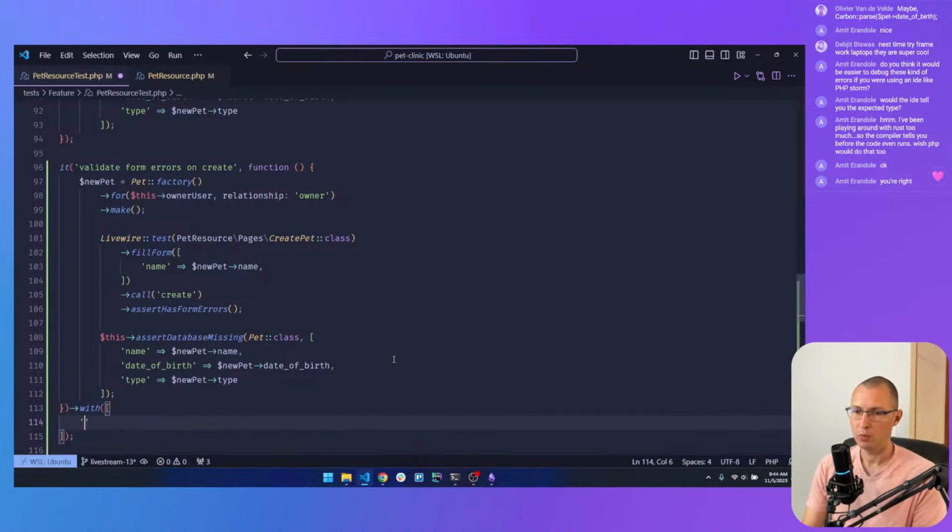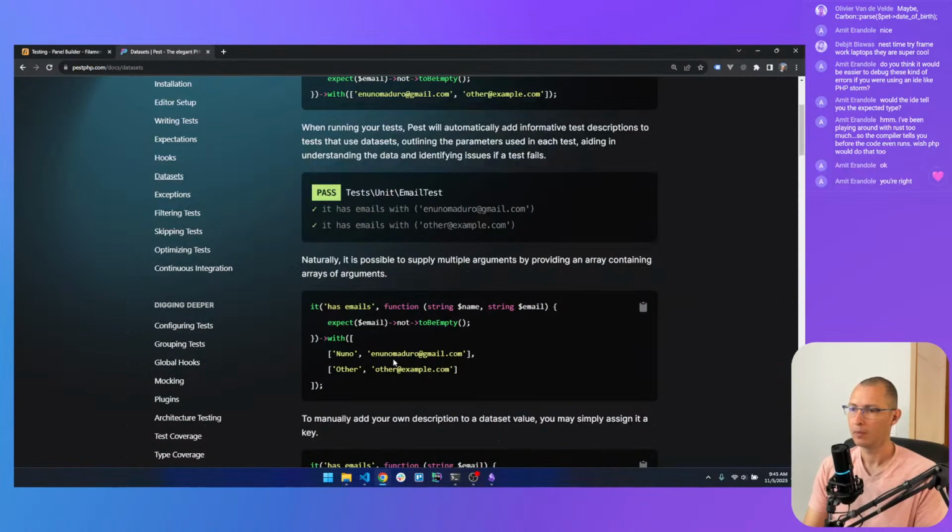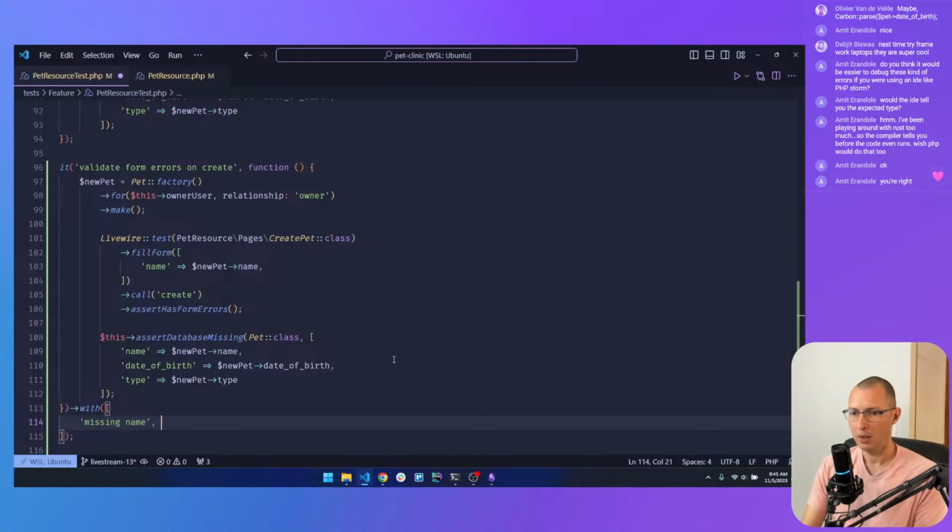The first one will be missing name. And this will be an array with, sorry, it will be an array with just date of birth.